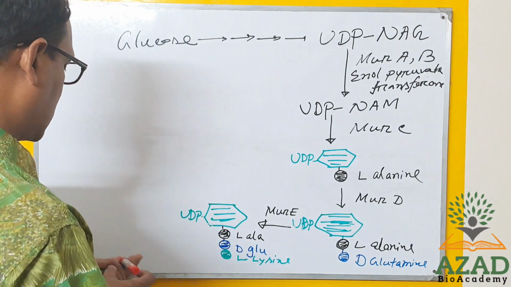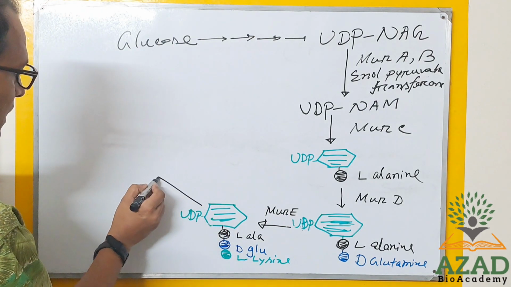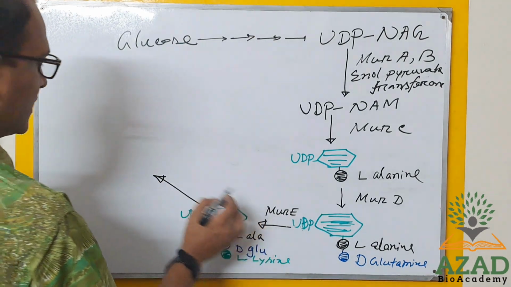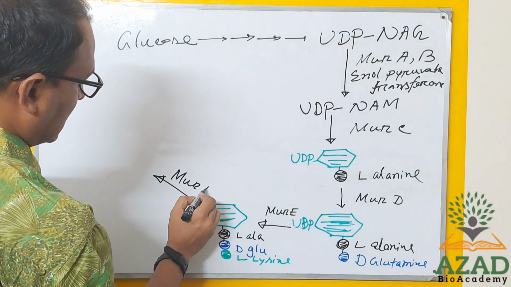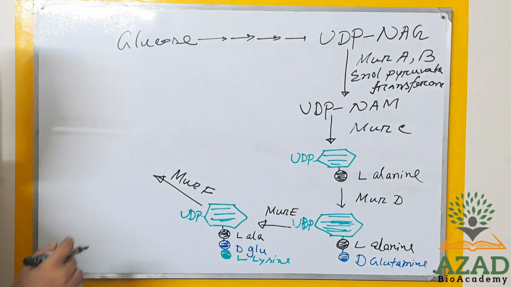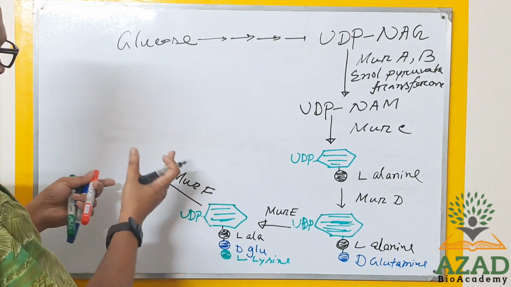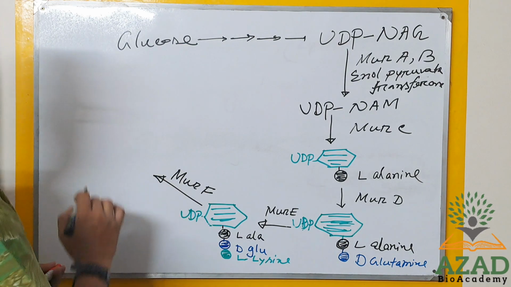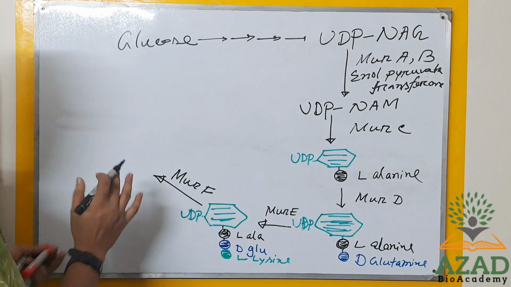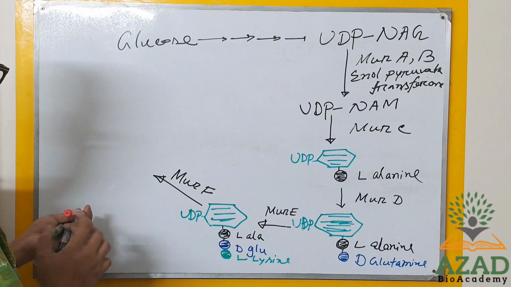Okay, now another enzyme will work, that is MUR-F, and this will attach 2 amino acids as a dimer at a time, and that amino acid dimer will form firstly. So I will show you,